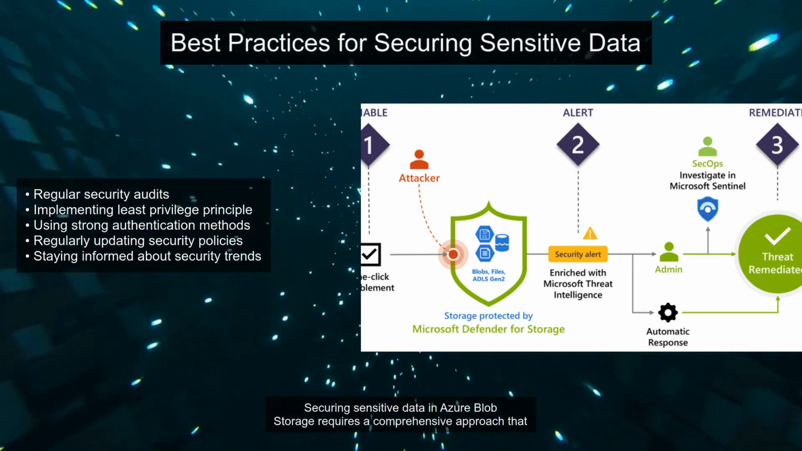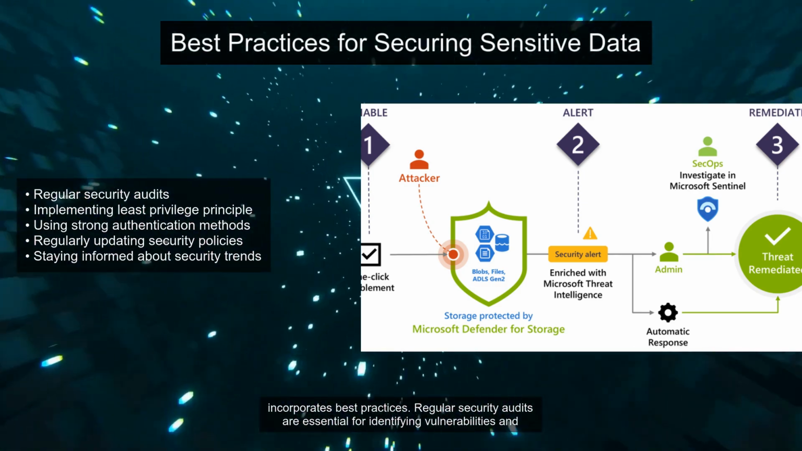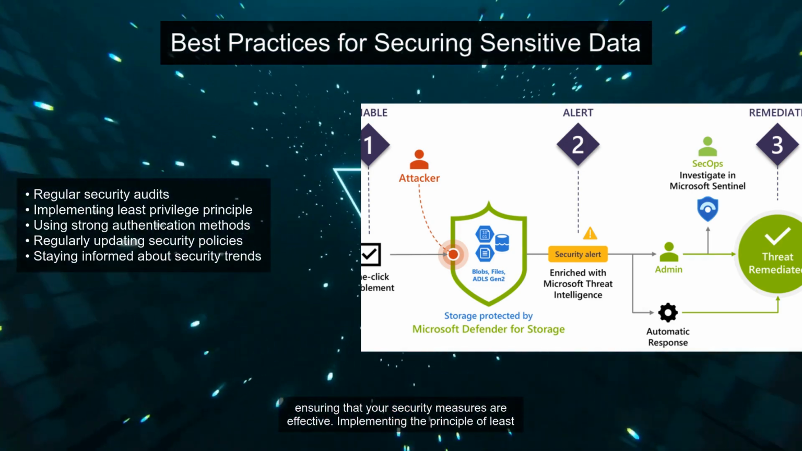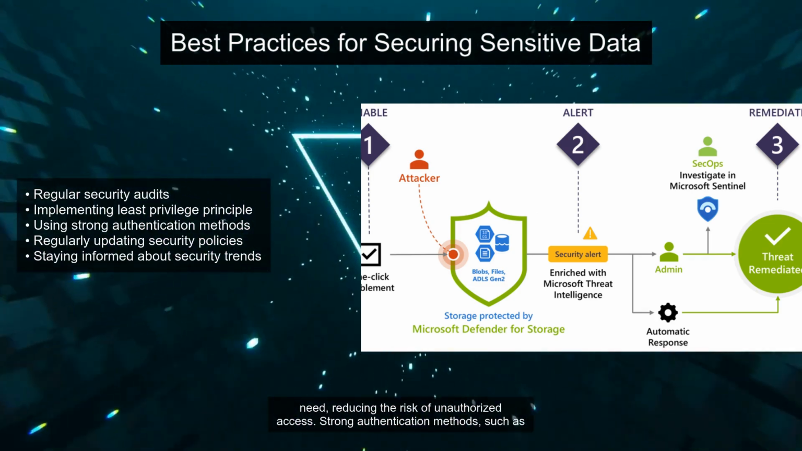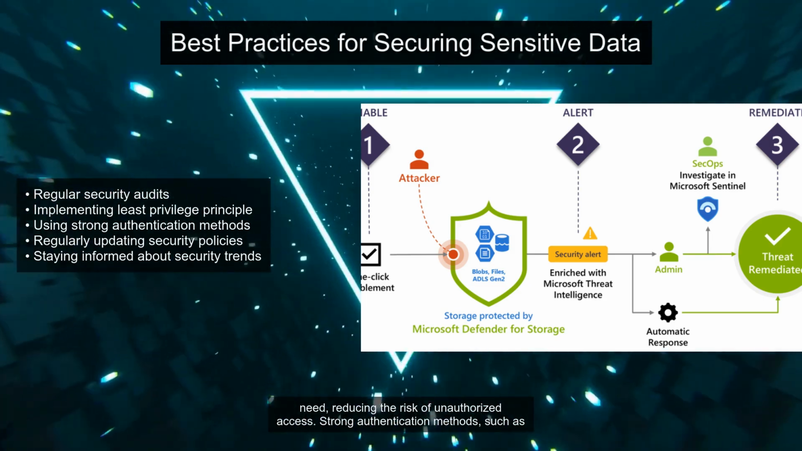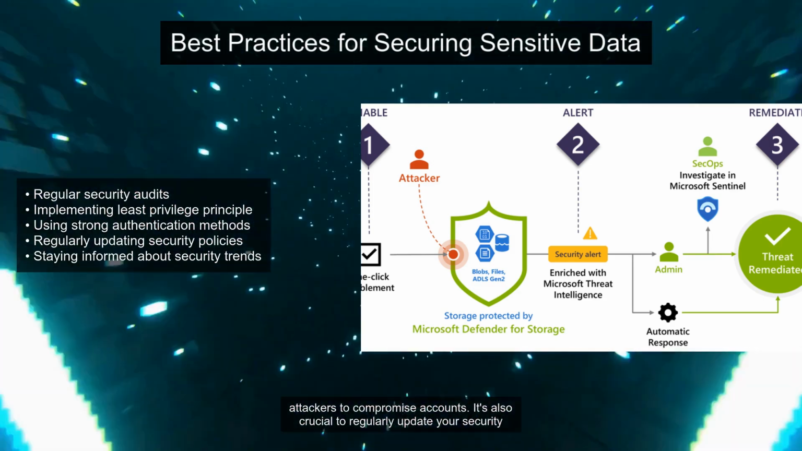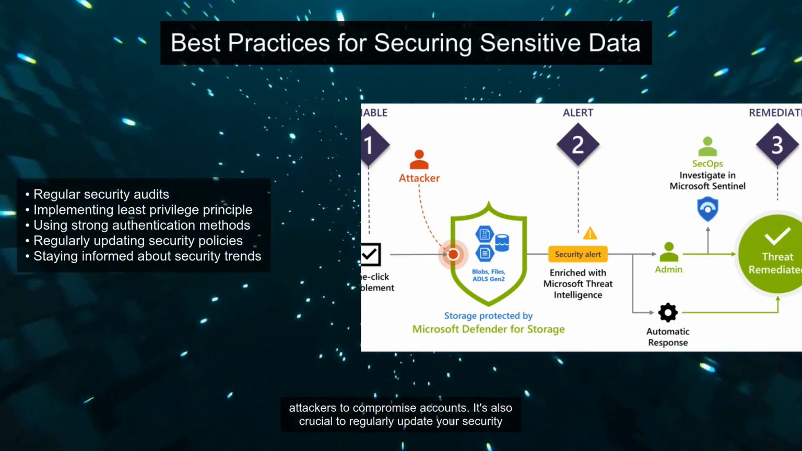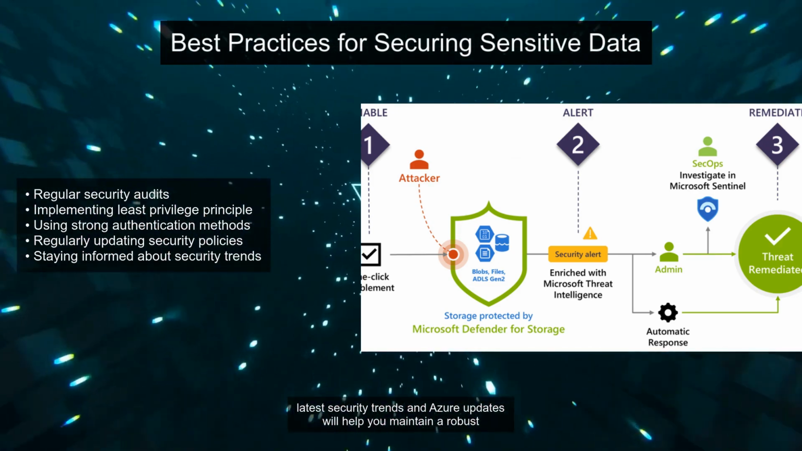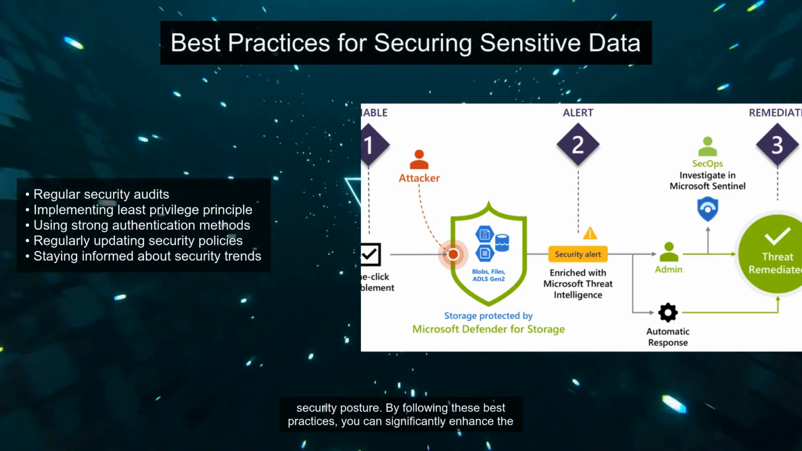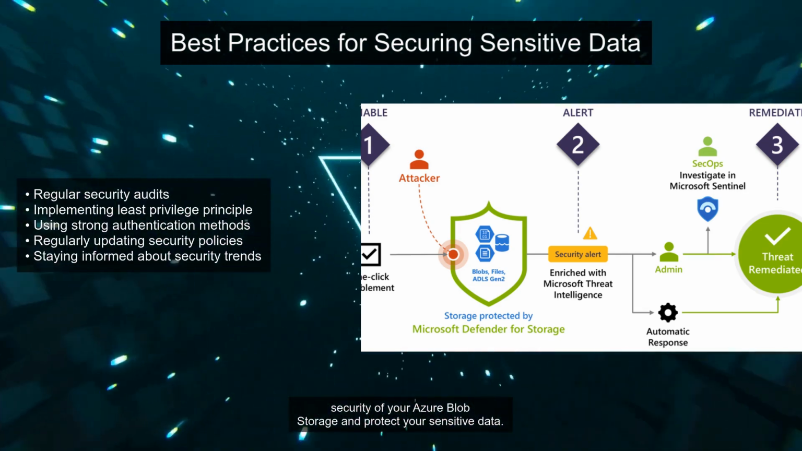Securing sensitive data in Azure Blob Storage requires a comprehensive approach that incorporates best practices. Regular security audits are essential for identifying vulnerabilities and ensuring that your security measures are effective. Implementing the principle of least privilege access ensures that users only have access to the data they need, reducing the risk of unauthorized access. Strong authentication methods, such as multi-factor authentication, add an additional layer of security, making it harder for attackers to compromise accounts. It's also crucial to regularly update your security policies and configurations to adapt to evolving threats. Staying informed about the latest security trends and Azure updates will help you maintain a robust security posture. By following these best practices, you can significantly enhance the security of your Azure Blob Storage and protect your sensitive